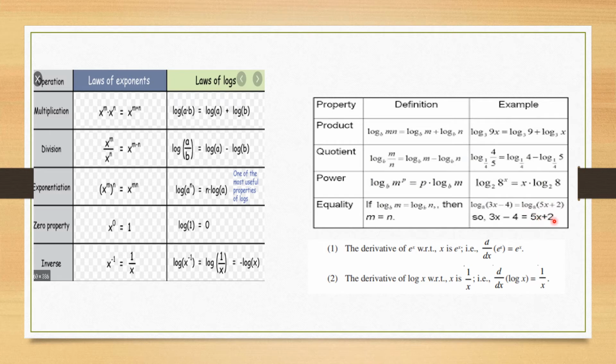Also, you are familiar that the derivative of e raised to power x is e raised to power x, and the derivative of log x is 1 upon x. d/dx of log x is 1 upon x. So let us utilize all the concepts learned here to solve exercise 5.5, question number 1 to question number